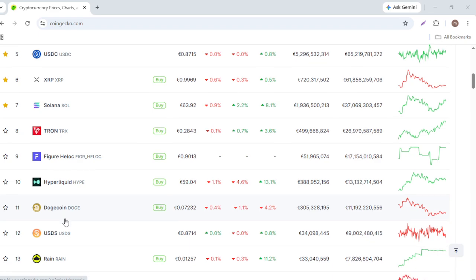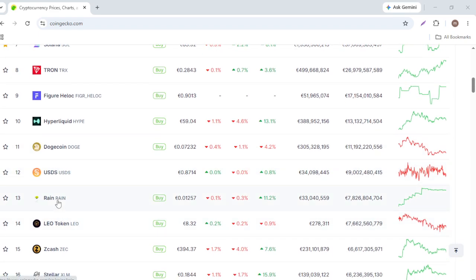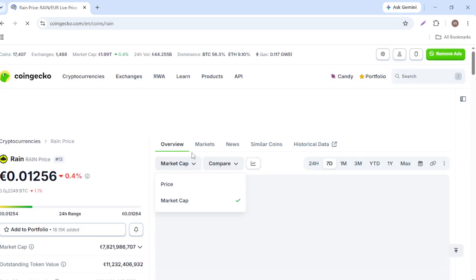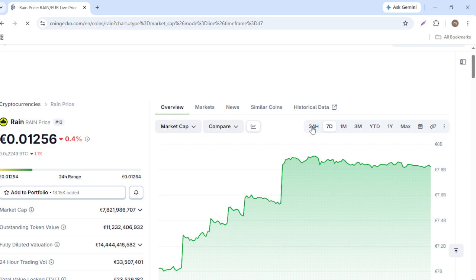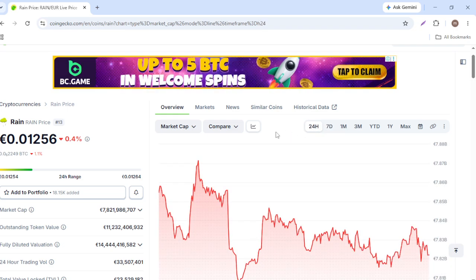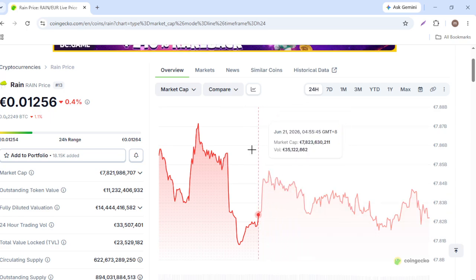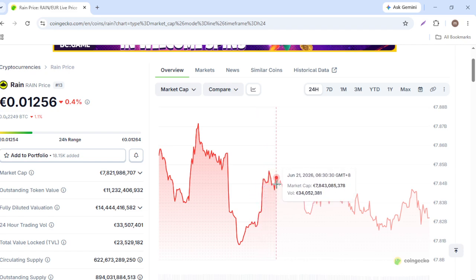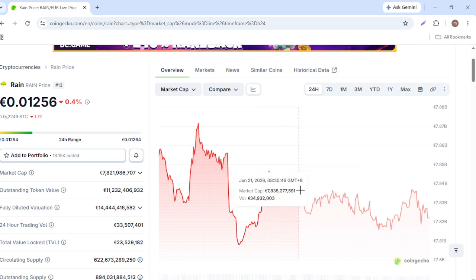Once you're on the coin page, the first thing to check is the 24-hour trading volume. You'll usually find this near the top of the page, along with the price, market cap, and other market data. The 24-hour volume shows how much of the coin has been traded over the last day. In general, higher trading volume can suggest better liquidity, but volume alone is not enough to confirm that a coin